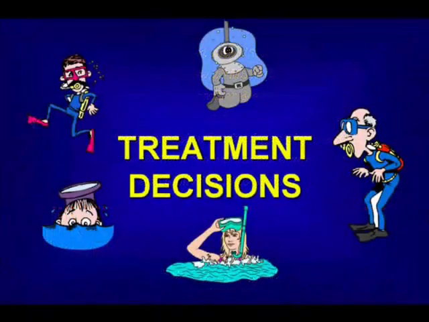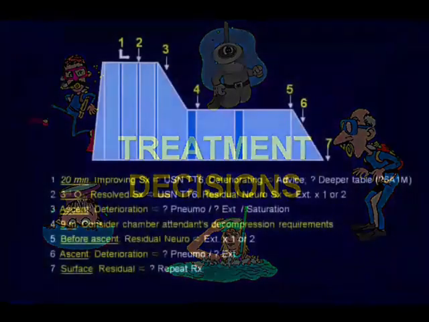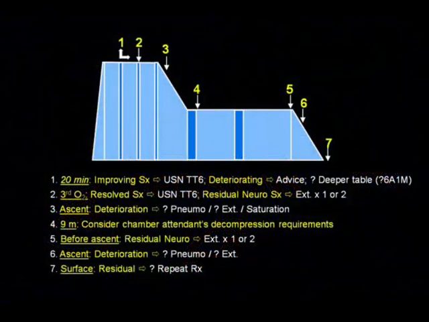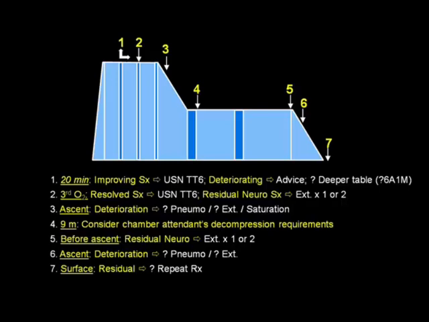The last aspect of managing decompression involves the critical treatment decisions that need to be made. Now, US Navy Treatment Table 6 is the most common table in use, and therefore I have developed this slide as a prompt for various critical therapeutic or operational decisions to allow someone who has perhaps a relatively limited experience in treating divers under pressure to get a fast ramp up on the critical points during the treatment.